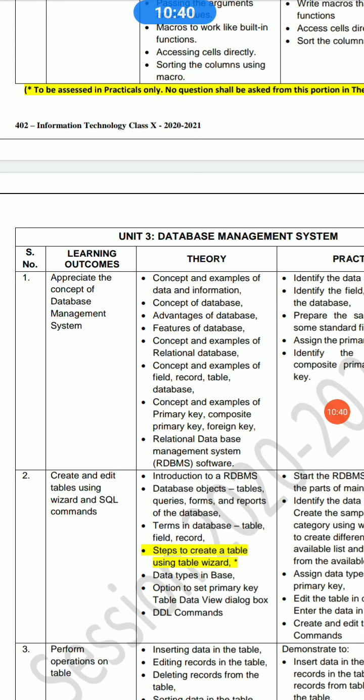I will also cover it on my YouTube channel in my videos. Whatever part is left till now, I will start videos on those topics also, because I was waiting for this CBSE revised syllabus. That's why I have selected those topics. Those are very important according to me. Now I will provide you the videos related to all these topics in practicals, and then we will discuss the question and answer as per the section, how it is coming in board exam.